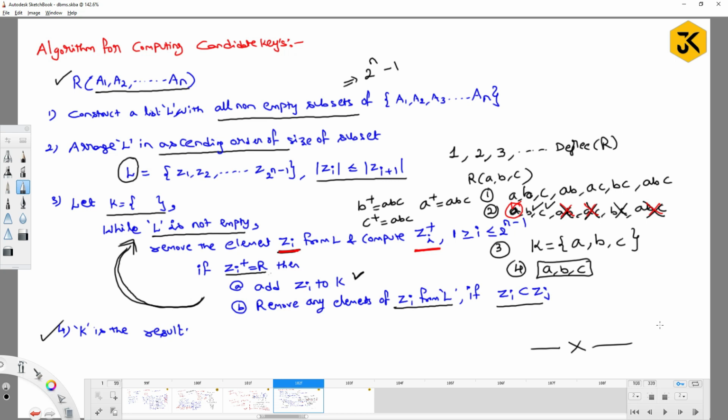Right. So here the thing is, what we did, basically this algorithm is a kind of hectic process. But when you come for any kind of competitive examination, you have to go with the shortcut process. What is that? You have to find out the necessary attributes, then you have to go with the procedure, right? But if it comes to the algorithm aspect, you have to go with the